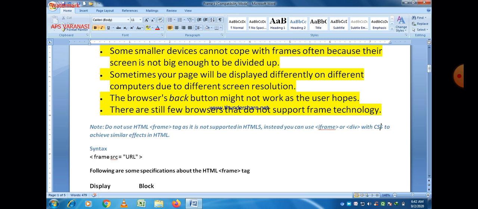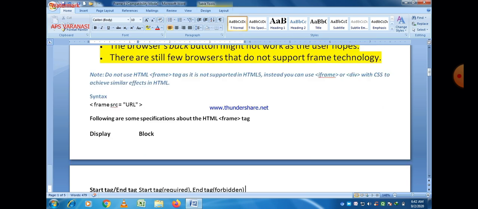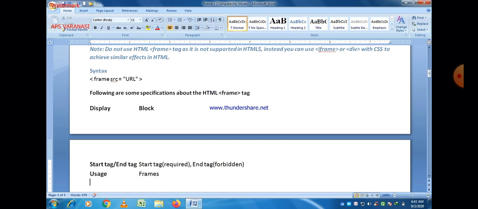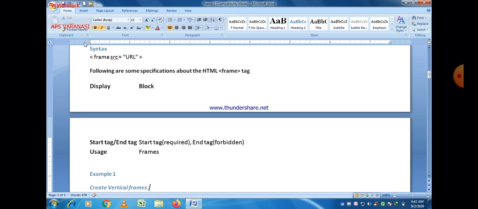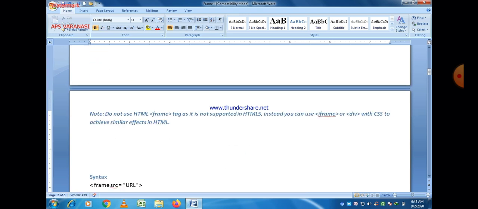There is a syntax given here: frame src equals url, where src means source, and we give the url of the frame.